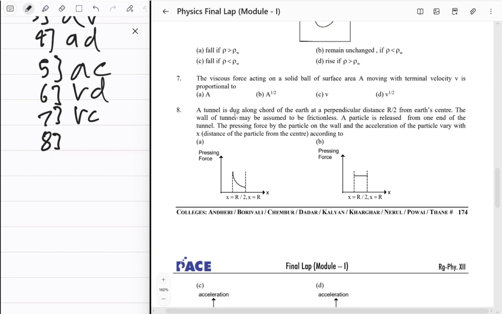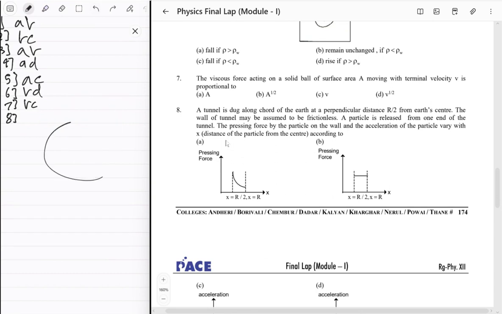Next, 8th question. A tunnel is dug along a chord of the earth at a perpendicular distance r upon 2 from the earth's center. The wall of the tunnel may be assumed to be frictionless. A particle is released from one end of the tunnel. The pressing force by the particle on the wall and the acceleration of the particle vary with x. Oh god,